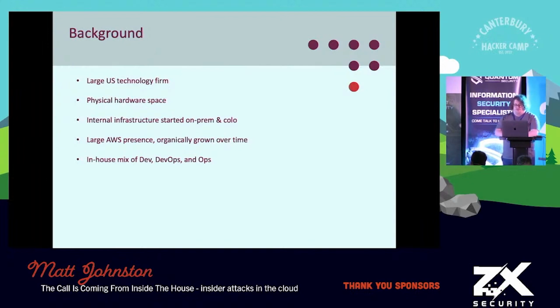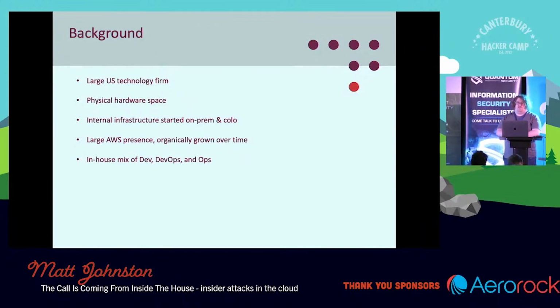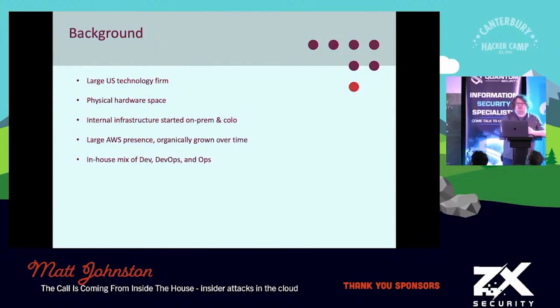So we'll talk about our hypothetical background for this case study. We're talking about a large US technology firm working in the physical hardware space. They're a classic environment of an older company that started off quite a while ago in traditional on-prem environments, building out into...